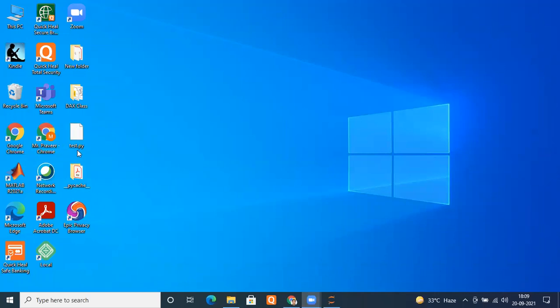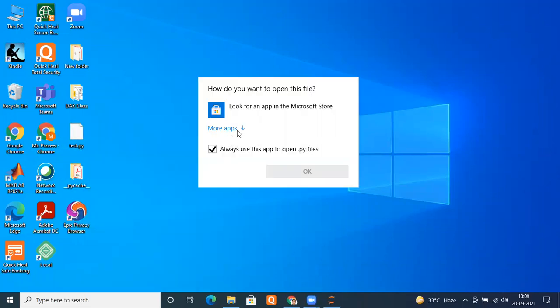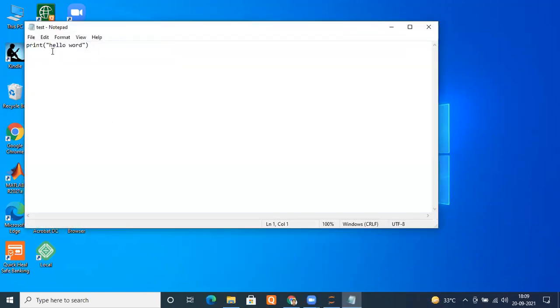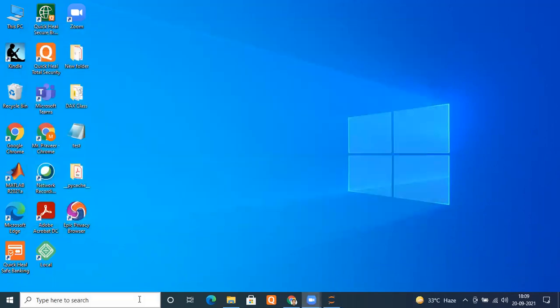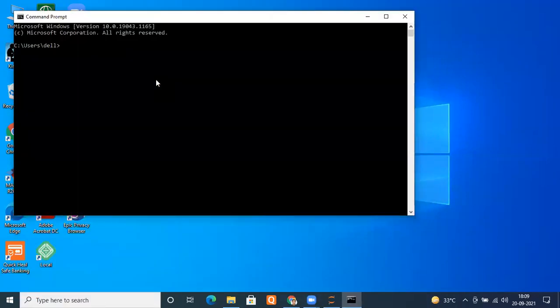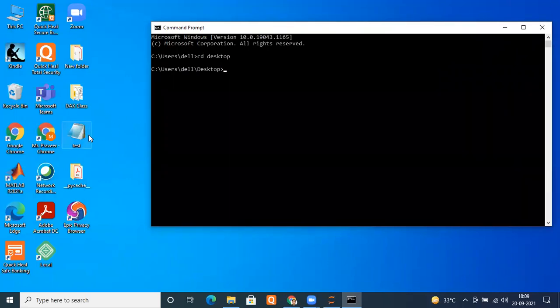And this is the file test.py. Let me open it with Notepad so that you can understand things better. You can see I'm just trying to print hello world there. So how can we run that? What happens behind the code? I'm using the command prompt. It's on the desktop, so I'm going to cd desktop. Once reached, the file is on the desktop only. That is test, right? This is the file test.py.